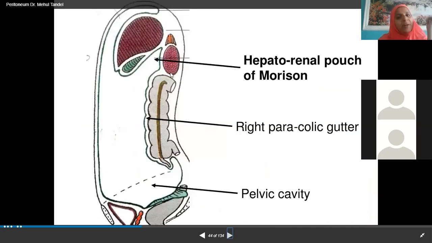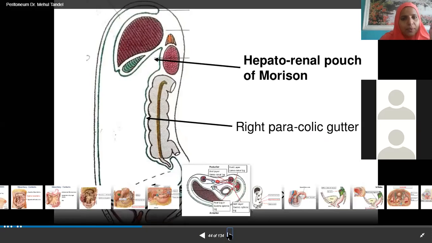Okay, now see here further. So this pouch is actually very, very important. Hepatorenal pouch or Morrison's pouch. This I told you as a very small point there. So between the visceral surface of the liver and the anterior surface of the right kidney, you are finding one pouch that is nothing but the hepatorenal pouch. This gutter I will elaborate with the help of other diagrams.